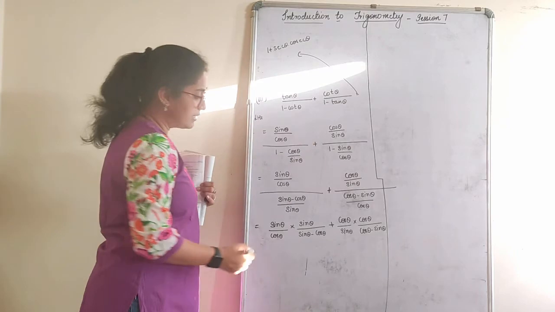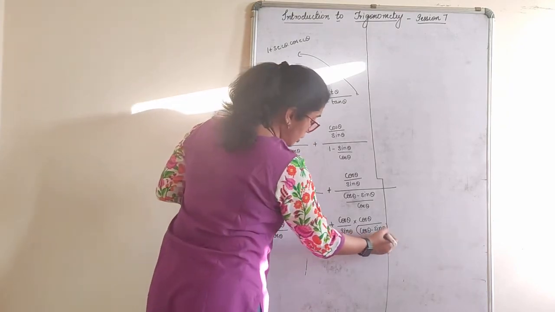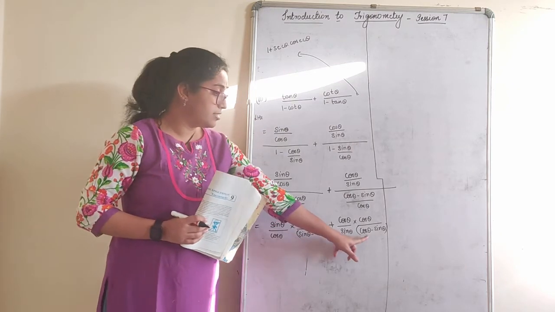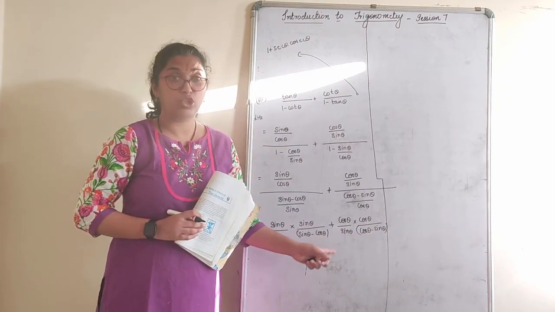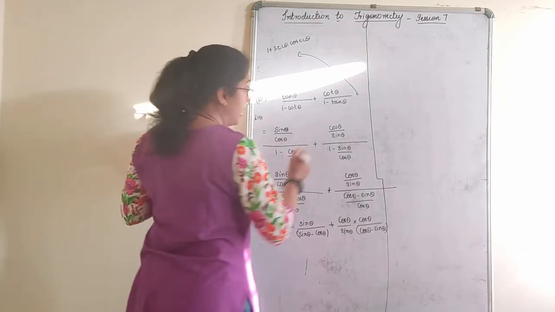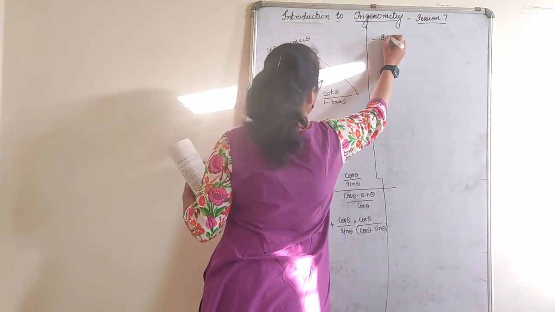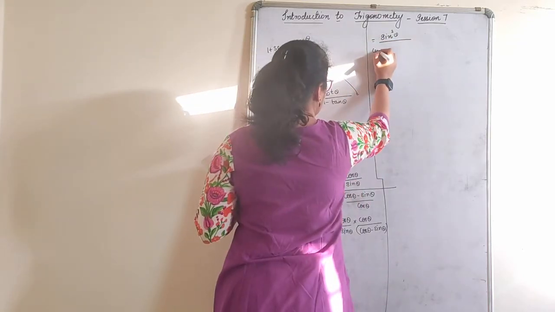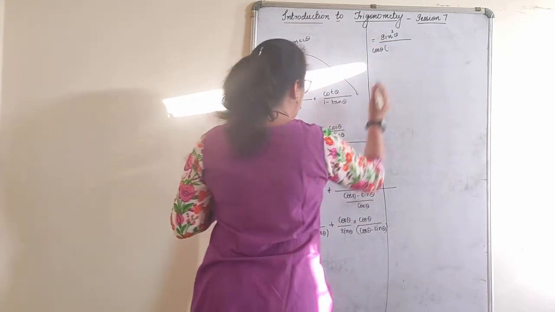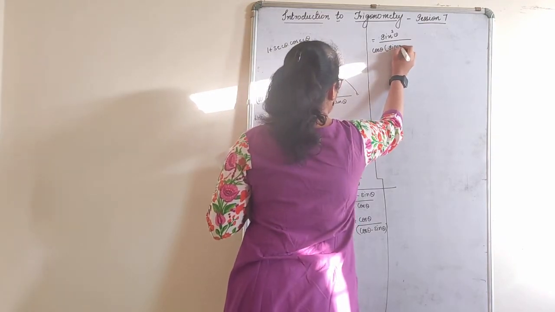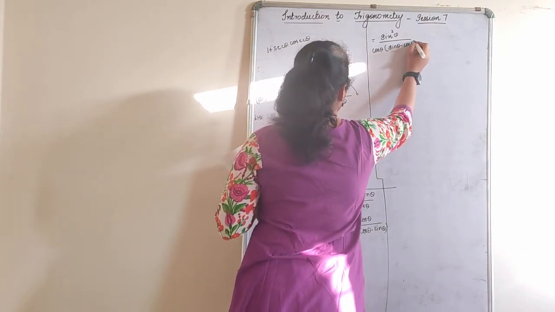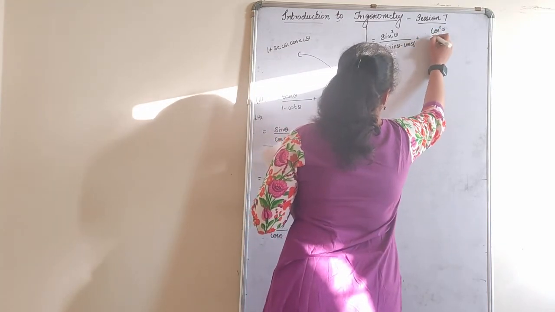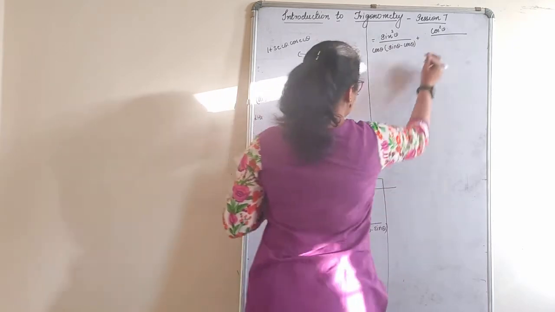Is the denominator the same? No, it is not the same, because this is sine minus cos and this is cos minus sine, if you actually check, right? What will happen to the numerator? Sine square theta divided by cos theta of sine theta minus cos theta, plus cos square theta of sine theta.